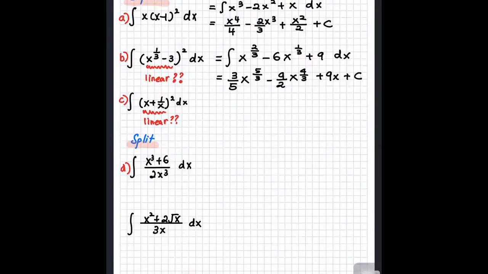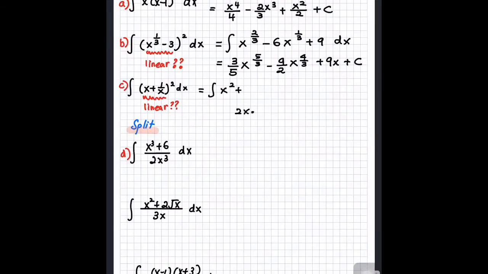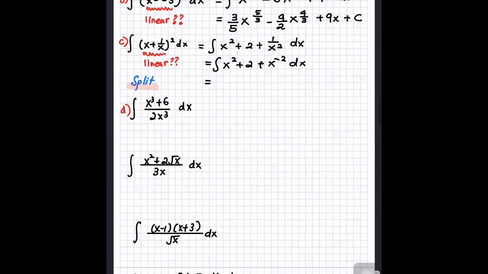Now let's go for C. Sajida, help. What is 2 times x times 1 over x? 2. Good. Then the last bit. What is 1 over x squared? Very good. 1 over x squared. Can we just write the 1 over x squared as it is, or should I bring it up to solve? Bring it up. Yes. So, x cubed over 3.